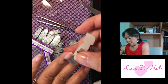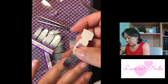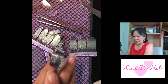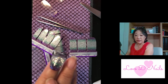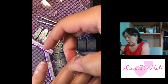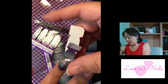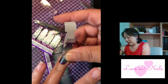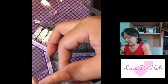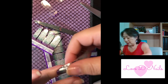95% dry. And what I'm going to do is line that up with my cuticle, but not on my cuticle. So right in here is my cuticle, but I don't want it to actually be on my cuticle. And then I'm going to very gently press that down the middle. I'm going to give it a tug on this side and a tug on this side. And it actually is a little bit